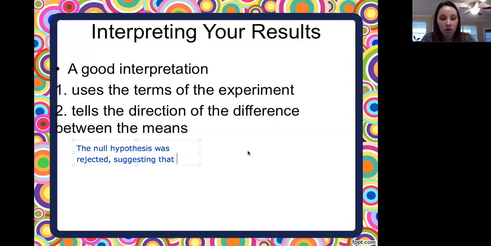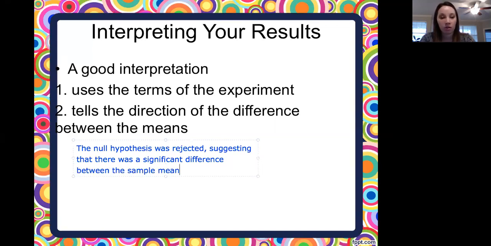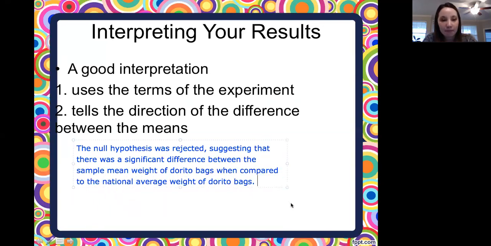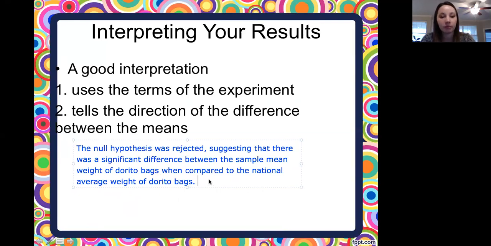At the national average, I guess. Okay. So we could say something like a sample